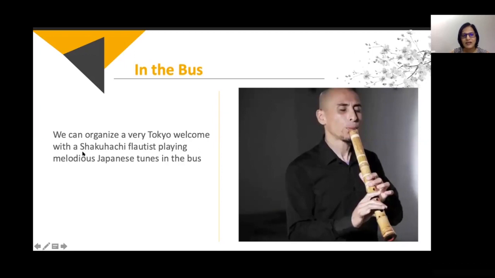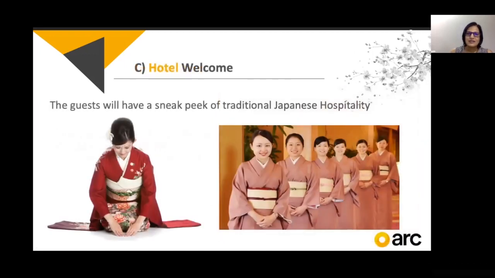So we took a shakuhachi flautist, somebody who plays the flute, and it was a traditional Japanese flute made from this special bamboo which is found in Japan. And he was playing these melodious tunes to relax them. So again, a very Japanese cultural element we brought in. And